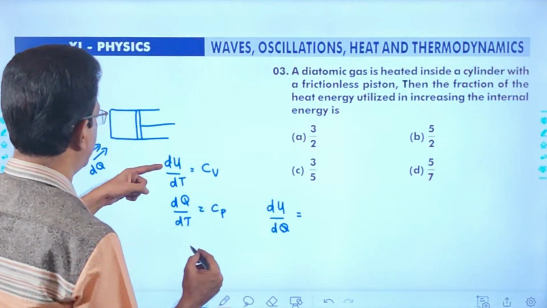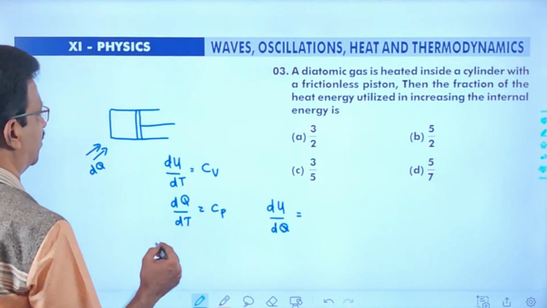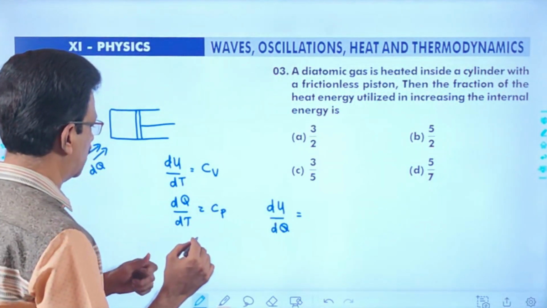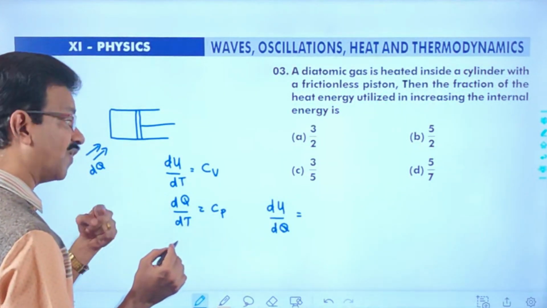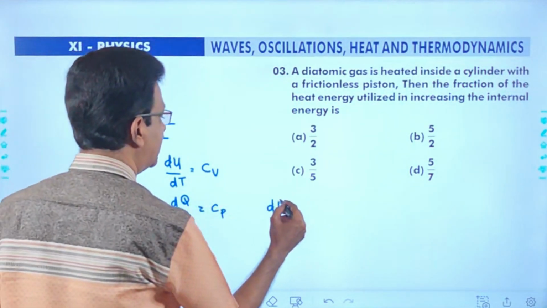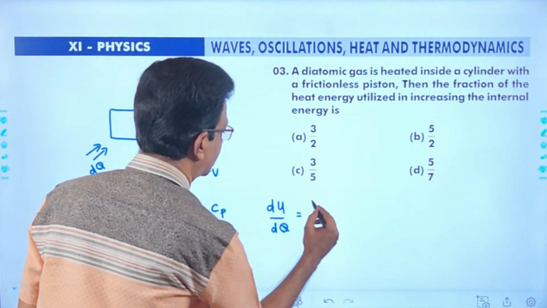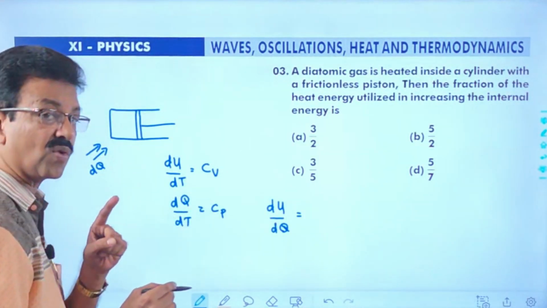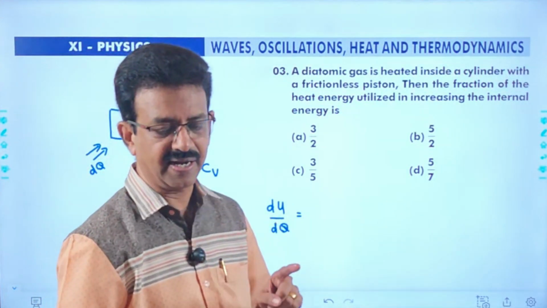dU by dQ means equation 1 divided by equation 2. We have dU equal to 3 by 2 R, dQ equal to 5 by 2 R. Then dU by dQ equals 3 by 2 R divided by 5 by 2 R for a monatomic gas. Here,